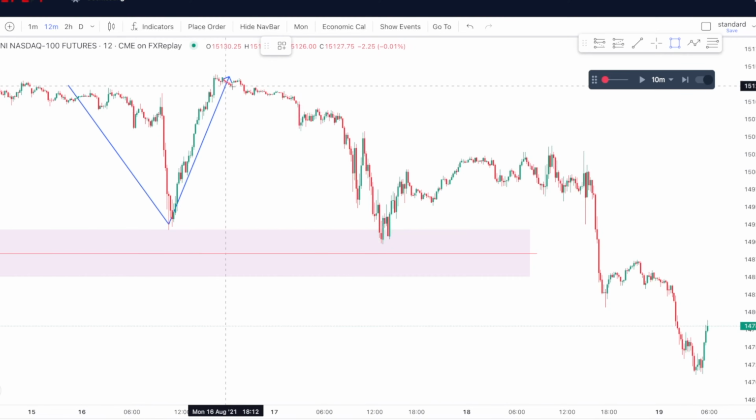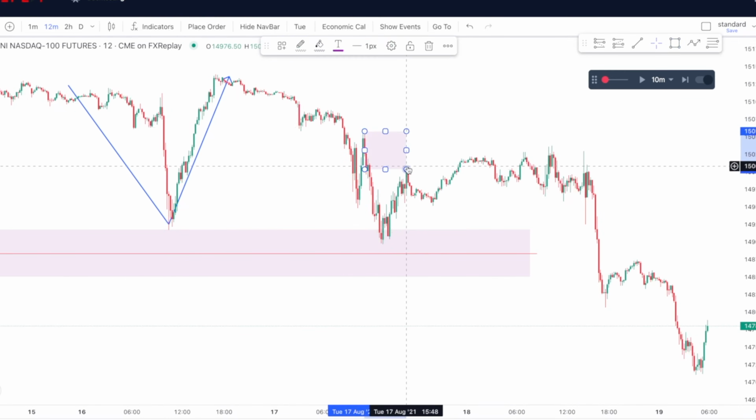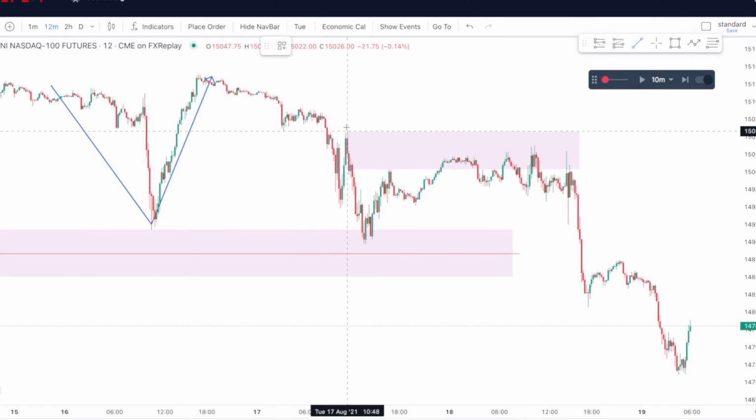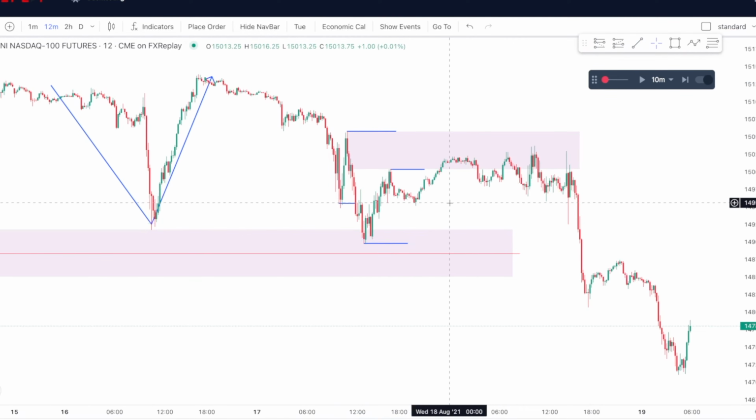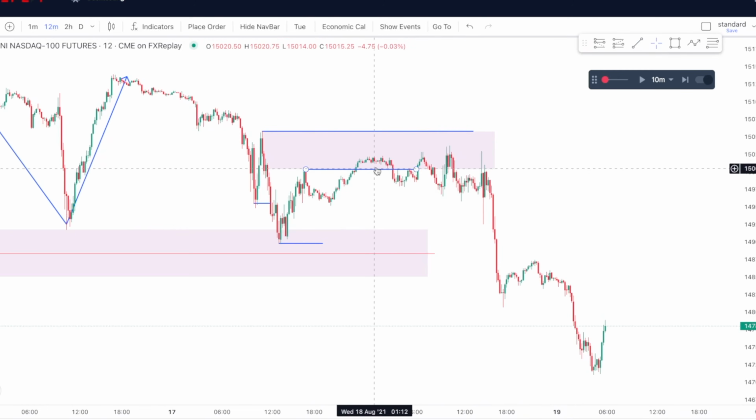As we are continuing to fail, we can start to look for opposing invisible zones on the fear side. I'm marking out from this successful high, successful because it ran the low that it came from, to this failure high, a failure because it did not run the low that it came from. So here's my mark out. Price comes in, it comes down, doesn't fully mitigate it, and then here it does,